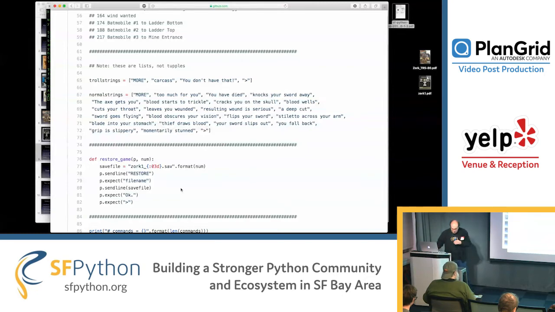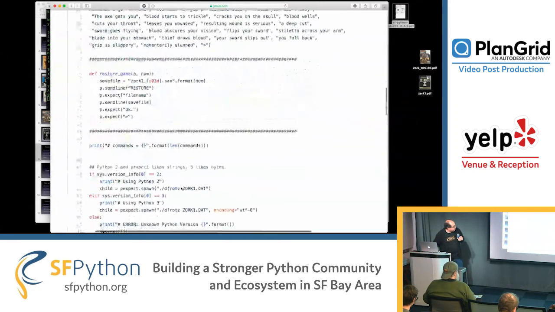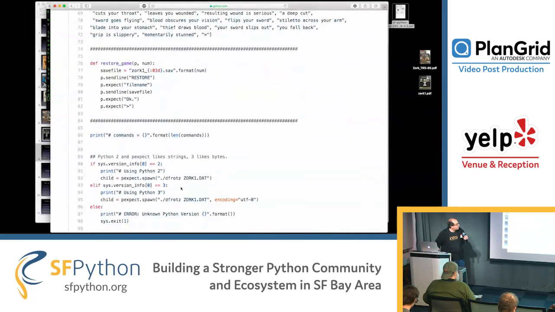So you can see here my little shortcut for restoring the game. I have to give it a file name. I do want to explain why there are two lines here. There's an OK, and then there's a little greater than.